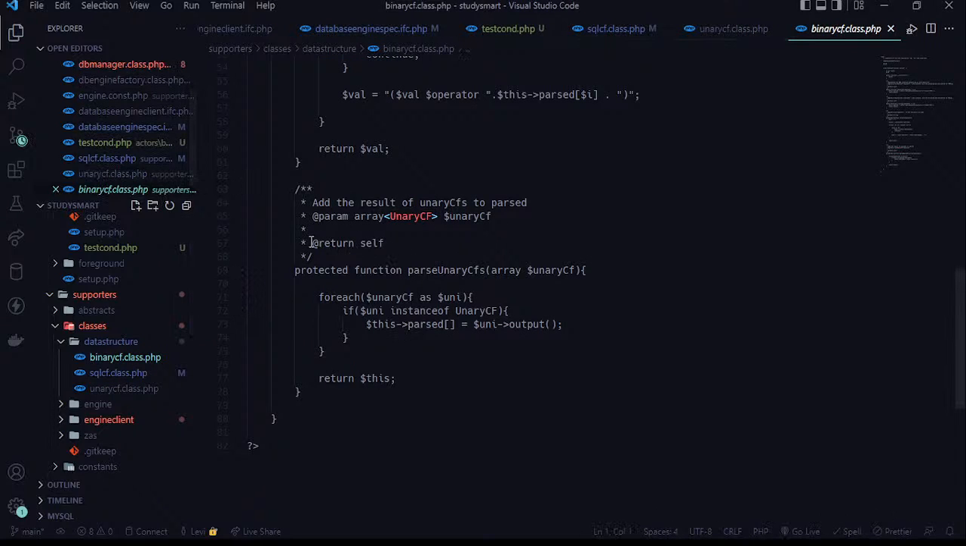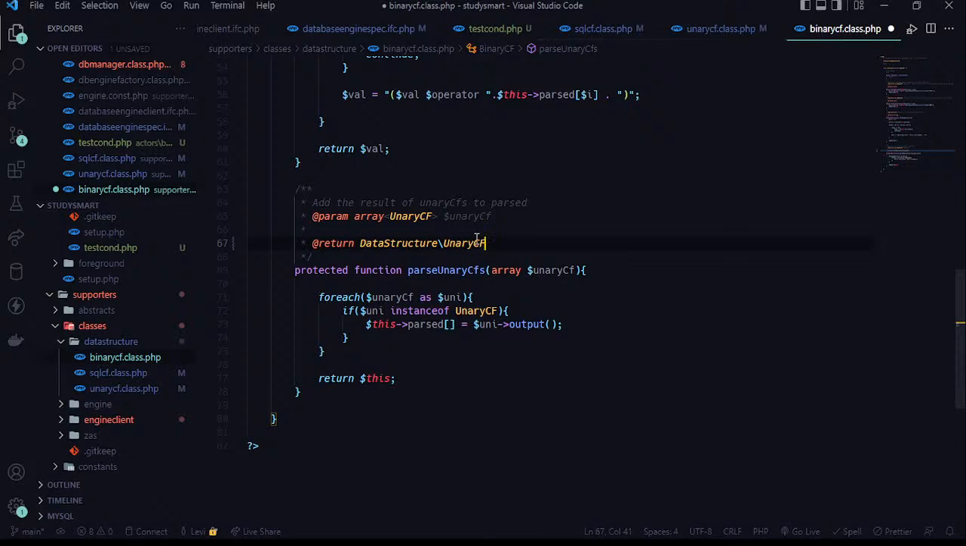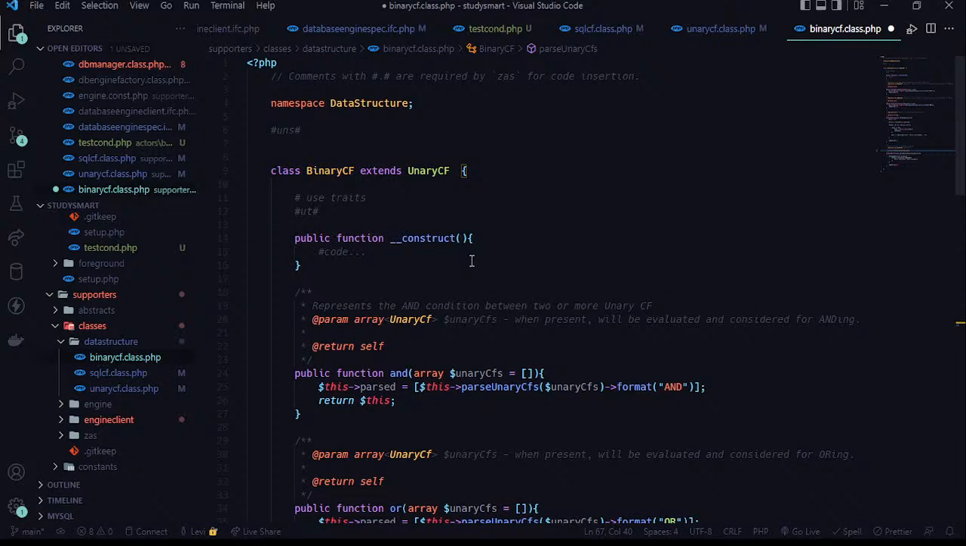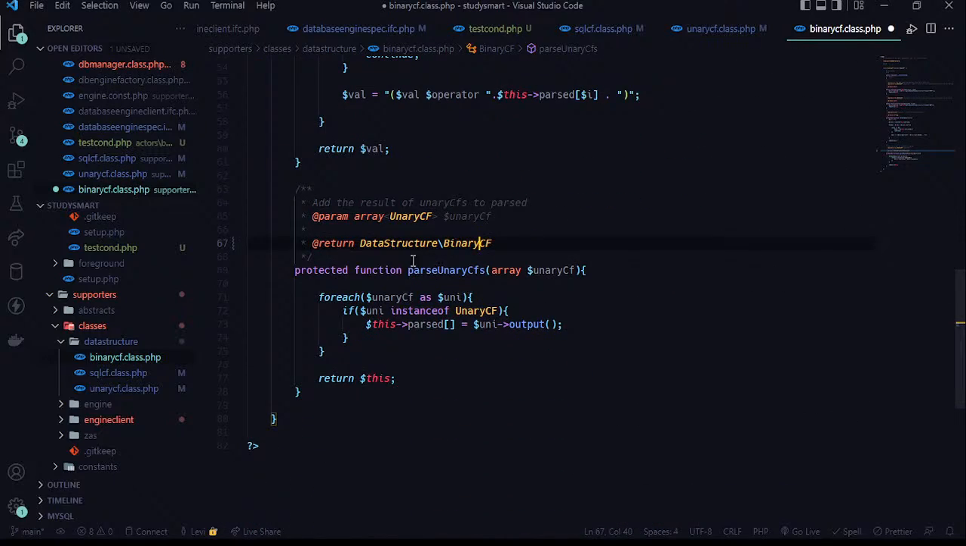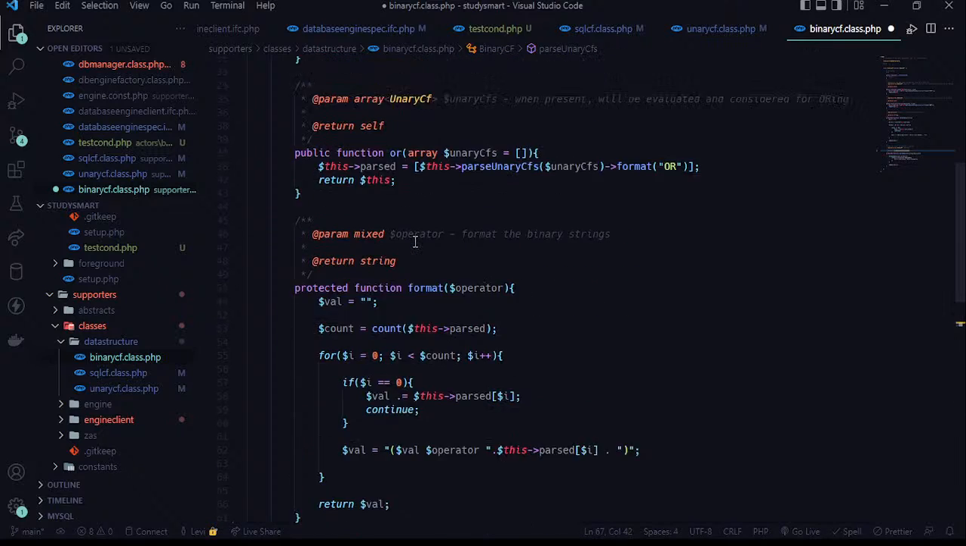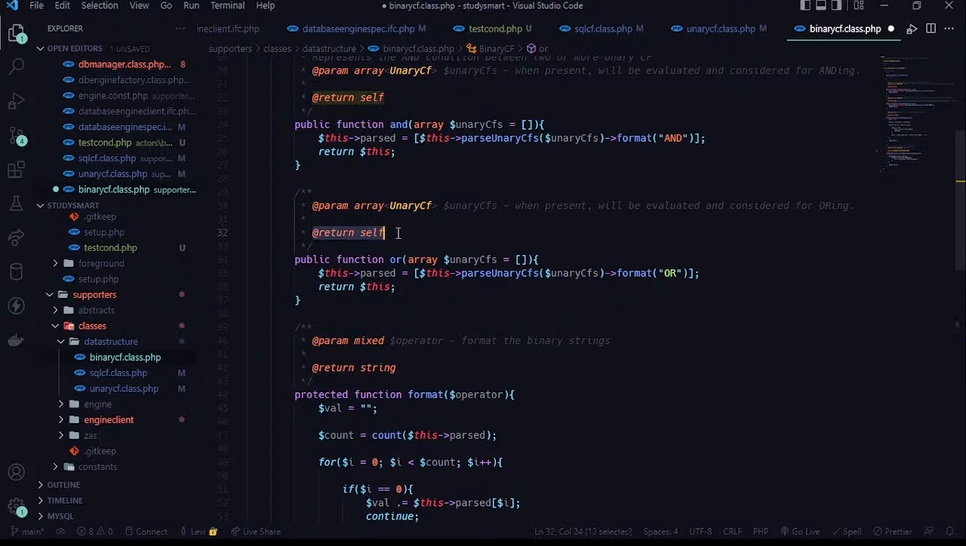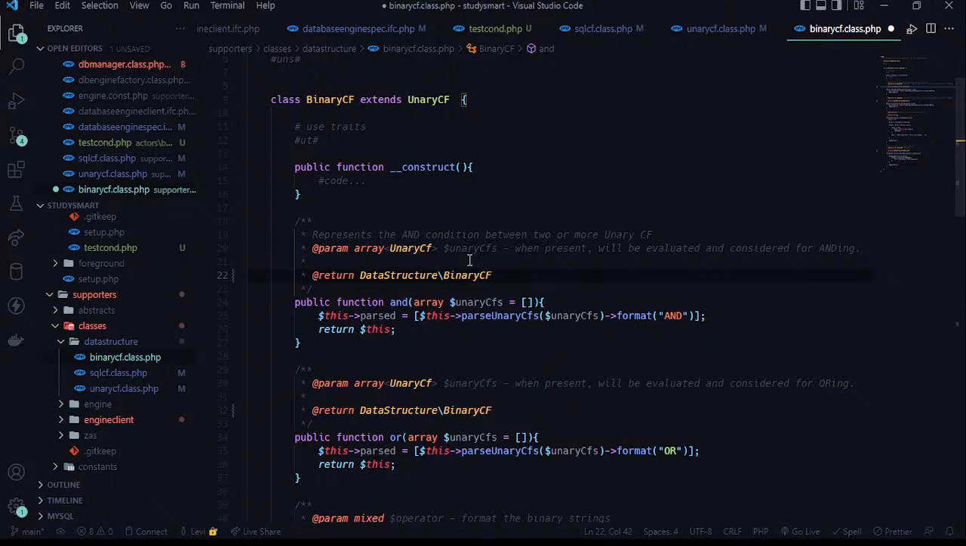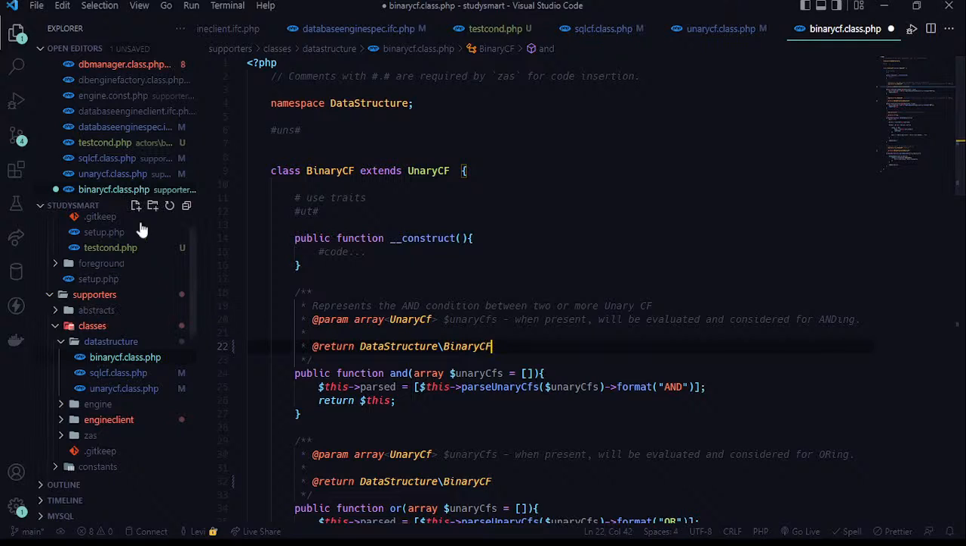So we are going to put return self here because the IntelliSense uses this thing. It uses a binary CF. So the IntelliSense uses the return type we put here to know which type is being returned, most often. So let me just give it the correct type instead of allowing it to look at self, and then it's going to say we are returning unary CF. Okay, so with that said, I can go back